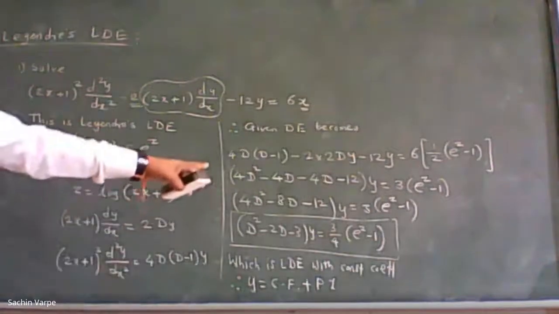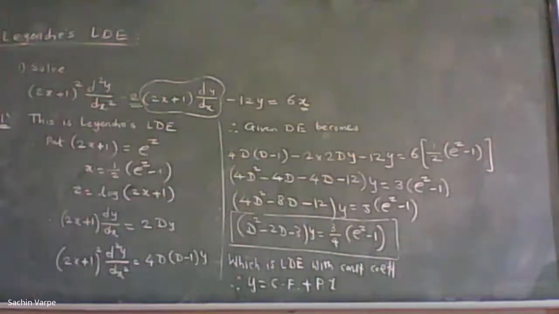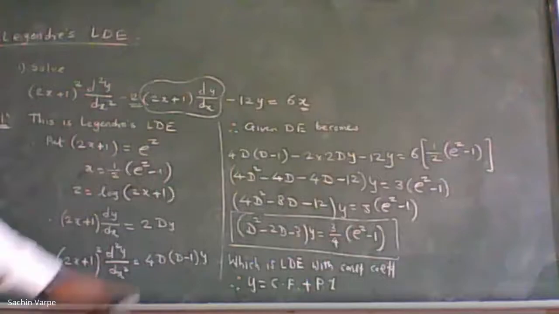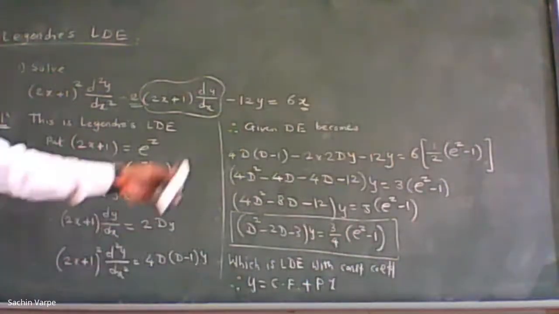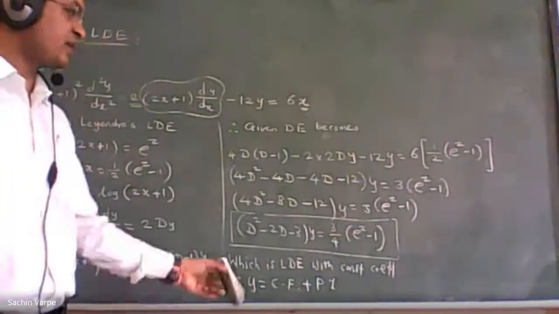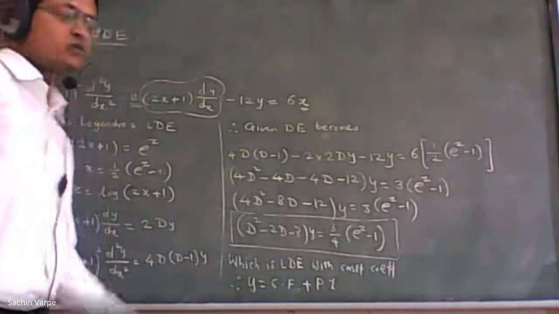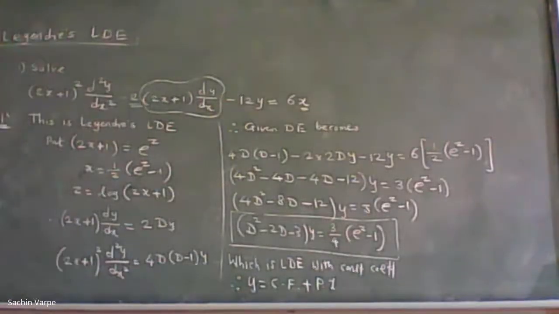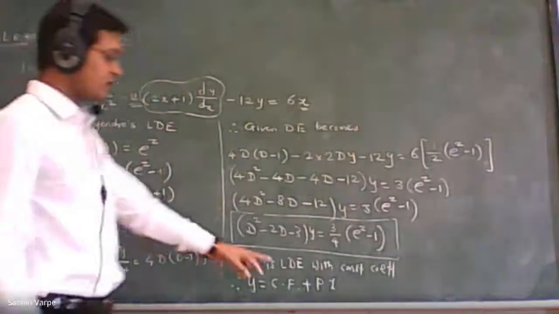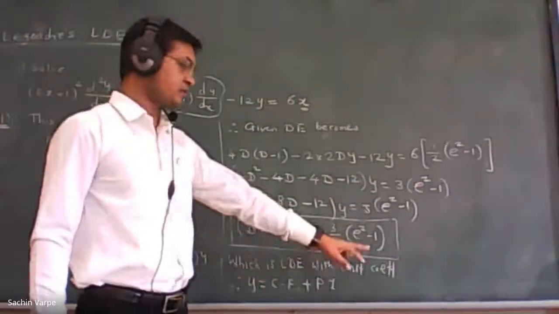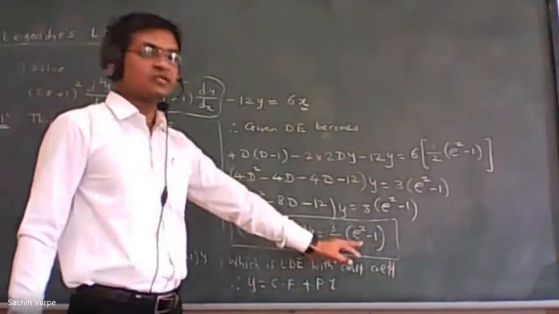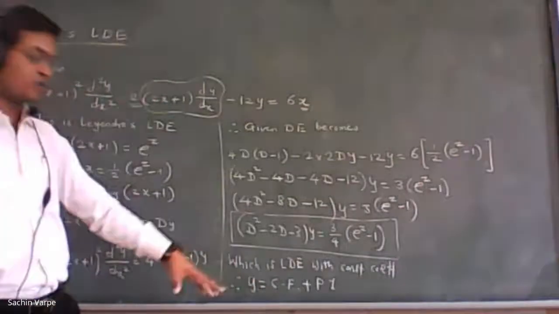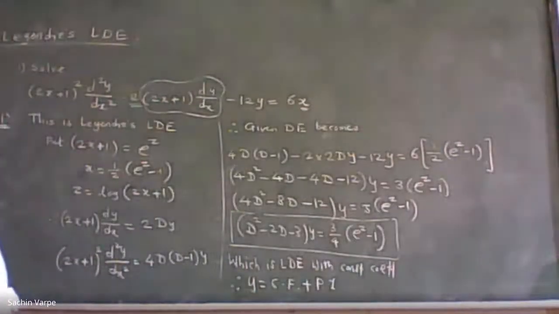Can we apply the shortcut method to find the particular integral? Is it possible to apply the shortcut method? Yes, because that is only in terms of exponential. So I can apply the shortcut method easily, which is very easy. Solve further. But remember, while writing the complementary function and particular integral, the independent variable is z. Habitually, we are writing in terms of x. That is wrong, isn't it? Independent variable is z. So write in terms of z and then finally in terms of x.